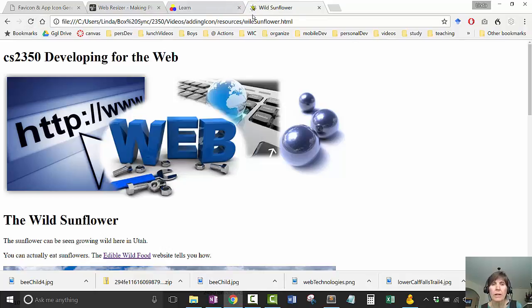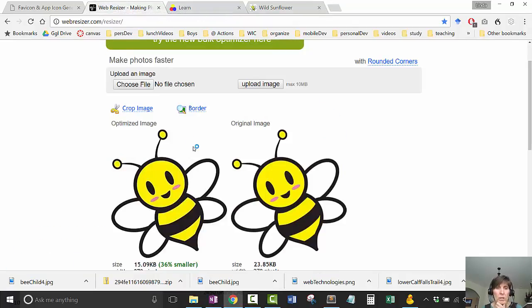and it doesn't appear to get any more clarity. So for me, since I can't see the difference between the 36 by 36 and the 72 by 72, I think I'll just stick with the 36 by 36. But you can pick your image and then see which one looks best because you get all of them at once. Another way to do this, if you don't want to use a generator, is